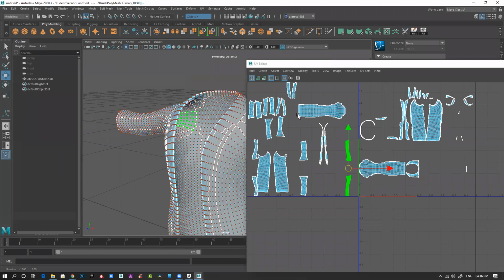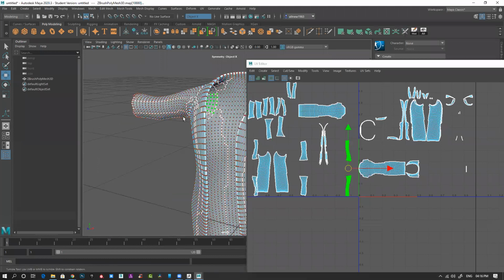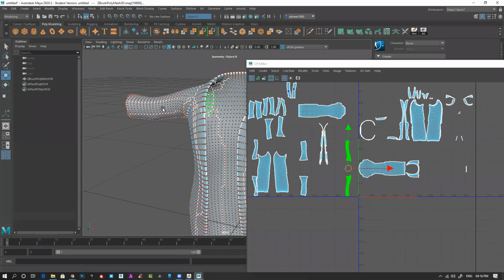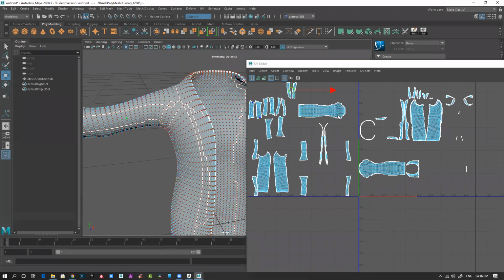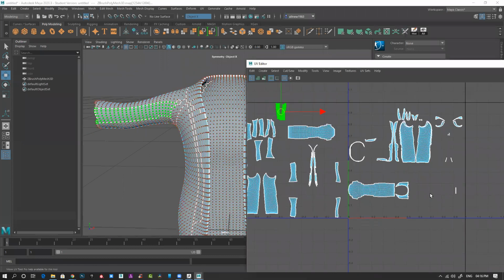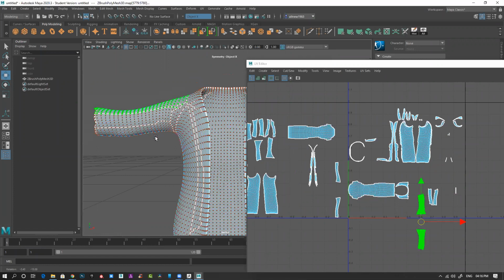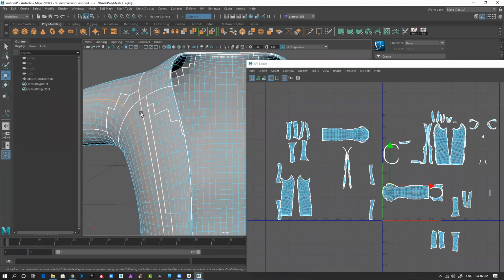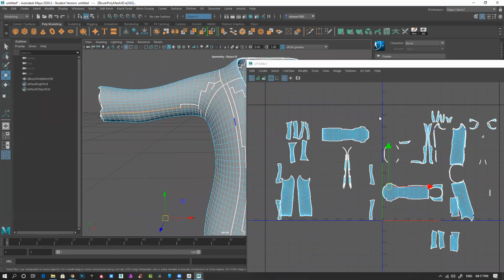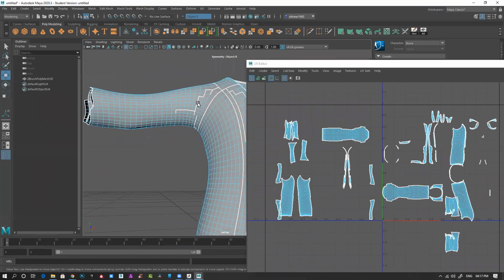So it's already separate. Nice. Keep this in hand here. Also here. Move and merge. Move and merge.